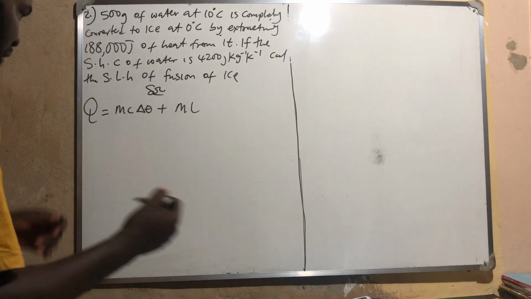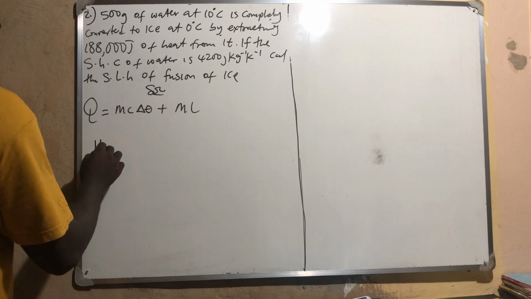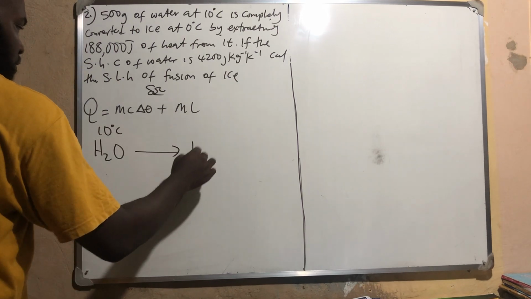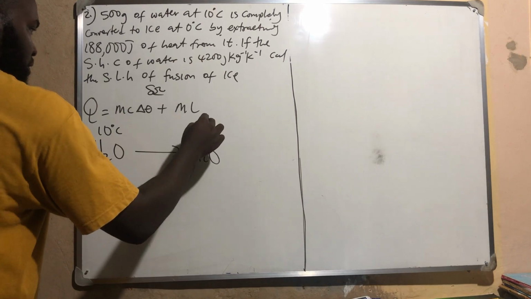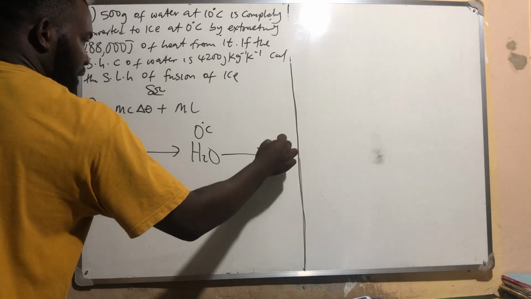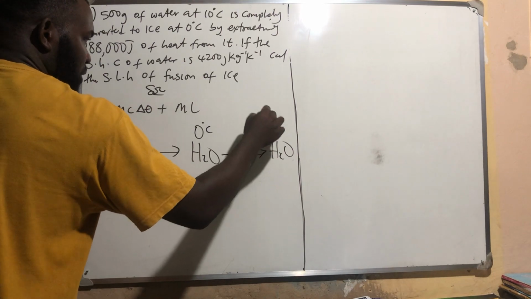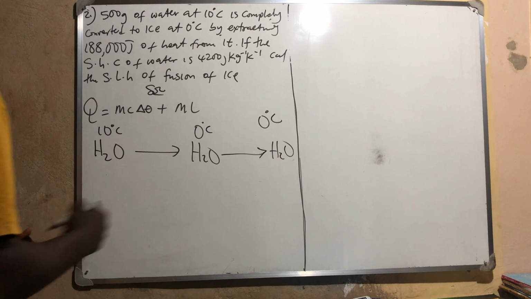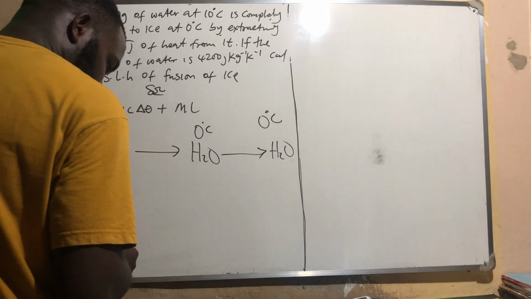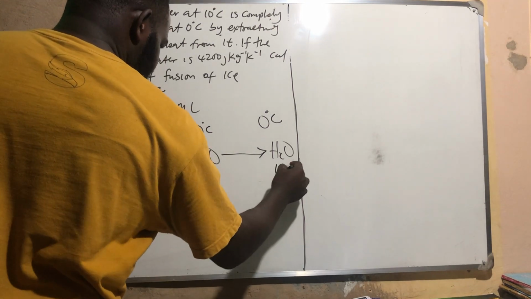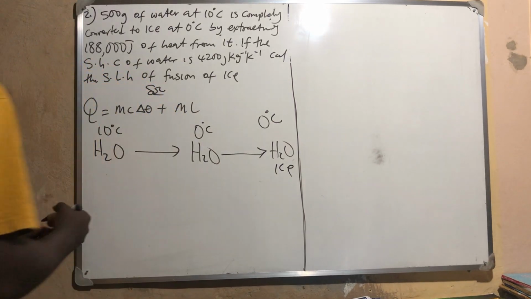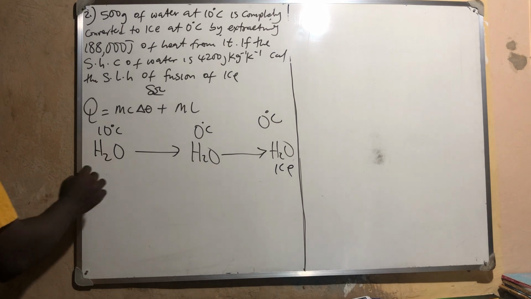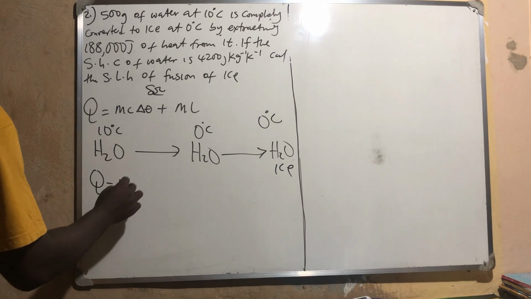Okay, look at what they did. The first one was from 10 degrees Celsius to water at 0 degrees Celsius, to another water again at 0 degrees Celsius. Okay, so that is what happened. So this one is now ice. So the last one was ice. It was moved from here to here. So that is why we have that formula. So what do we have? Our Q is